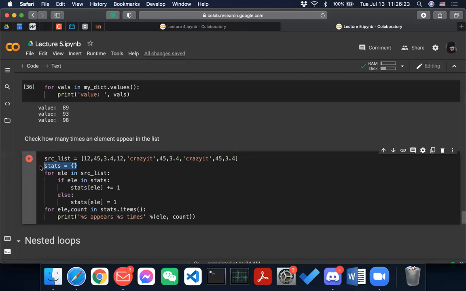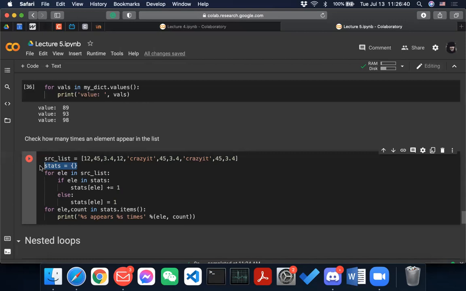So if the entry already exists, then you just take the value of that entry and plus equals 1, because you need to increment the entry by 1 because you have found it, right?